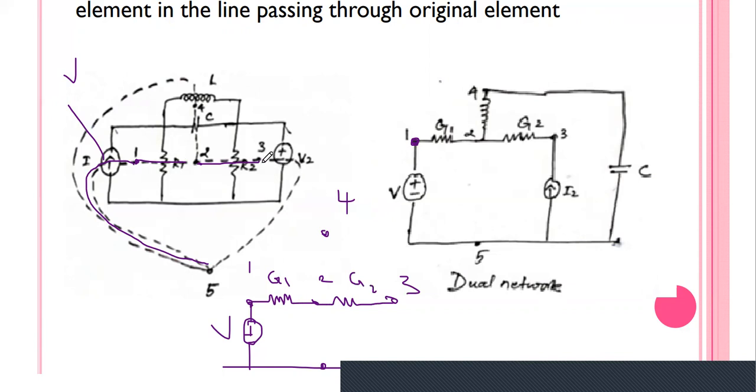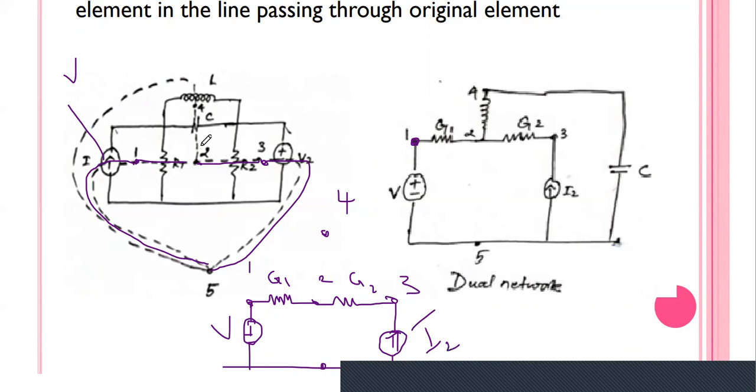Then node 3 is connected with node 5 via a voltage source. The voltage source, you just replace it with a current source. So here you draw the current source, and the direction, you see, top plus and bottom minus, so the current source direction is upwards. And you just write the value I2, where V2 means you just write 2.